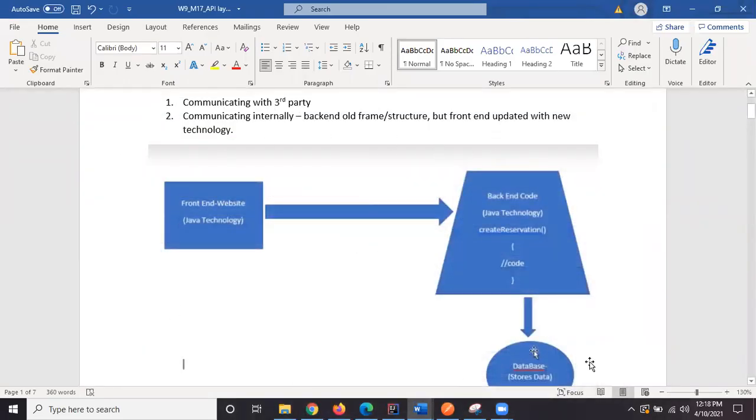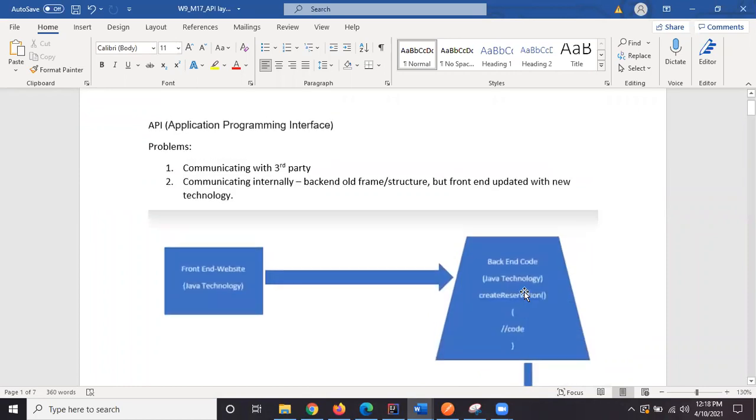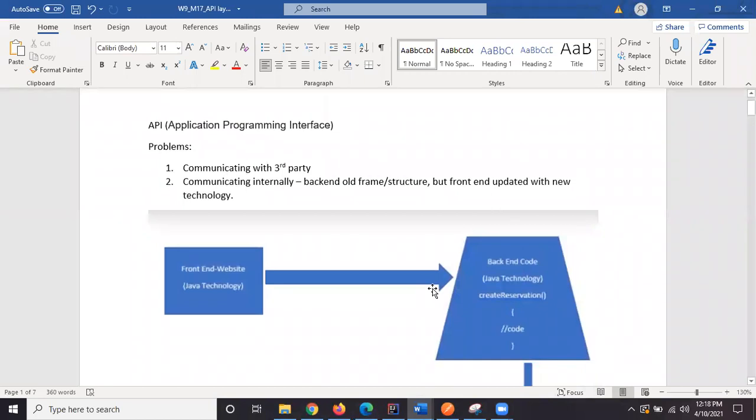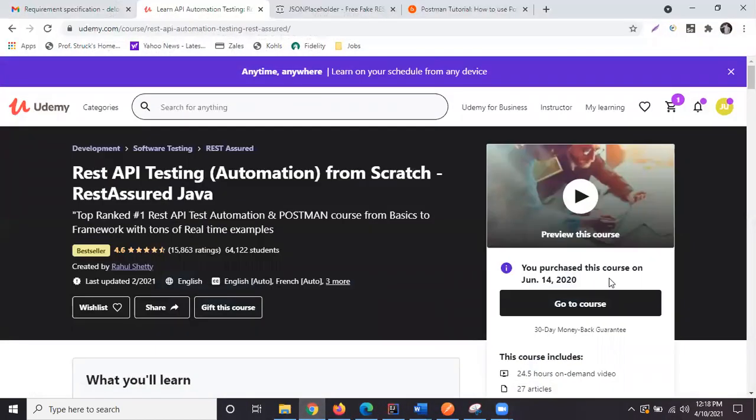If you see this picture, it shows how important APIs are currently. As I said a couple of weeks ago, if you just know API testing, there are a lot of job openings just for API testing. If you can complete this, plus you already know SDLC and test plan, that means you know SDLC methodology. Only SDLC methodology and API